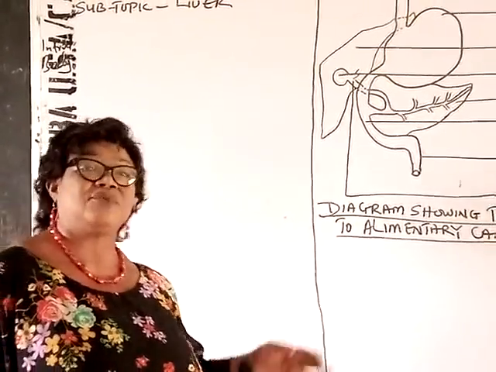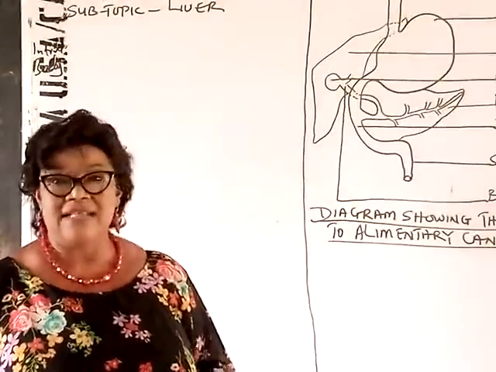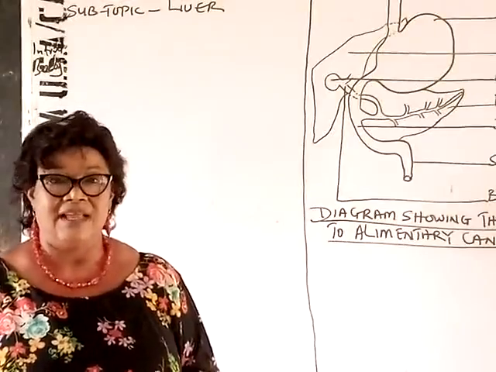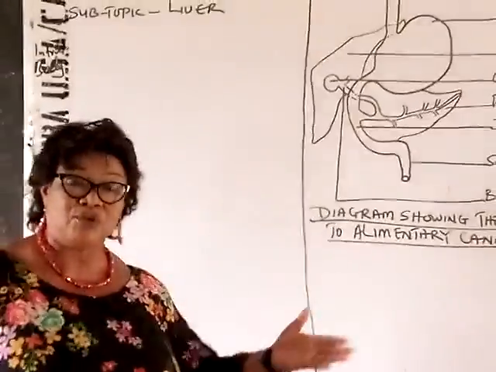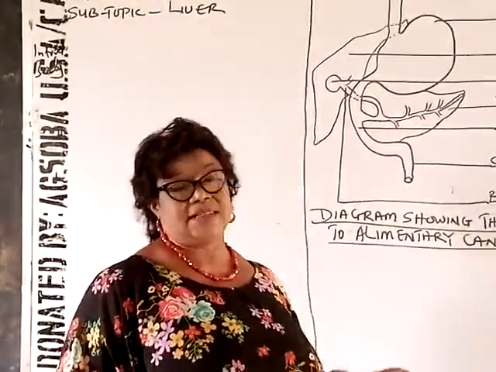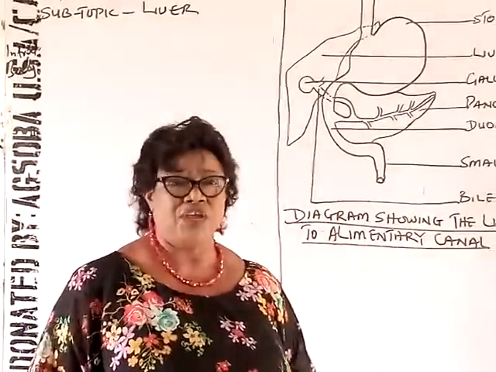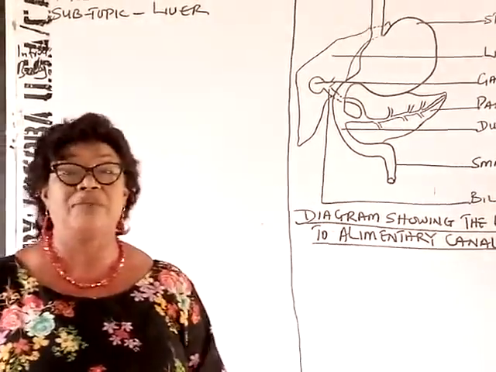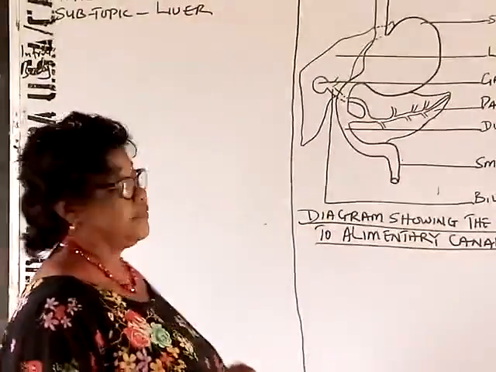The last time we met, we were still under the topic homeostasis. We'll be looking at subtopics that are connected to it. Remember we mentioned there are organs and glands that are involved in homeostasis. We've been able to look at the kidney functions and diseases. And this morning we'll look at another organ that is involved in homeostasis, which is also a vulnerable organ that needs to be taken care of, and that is the liver.